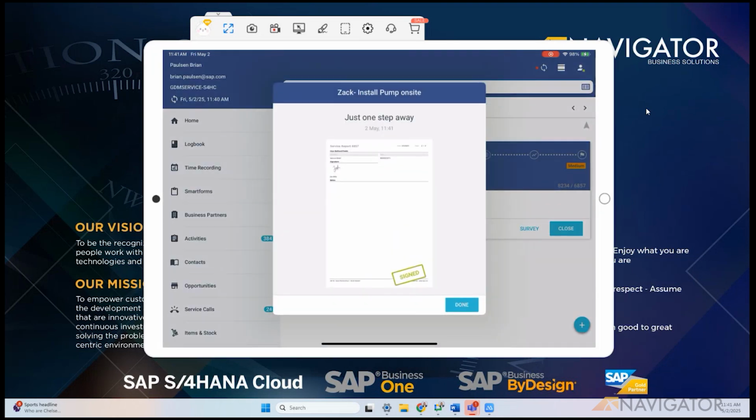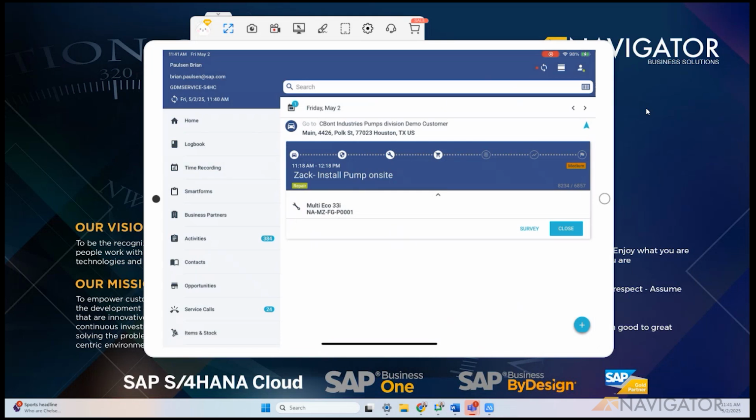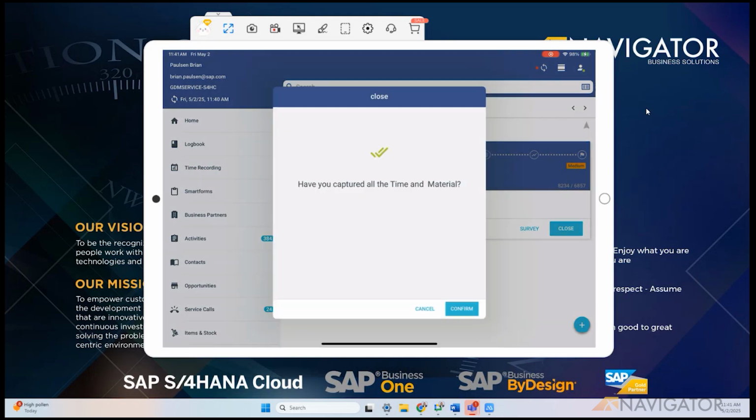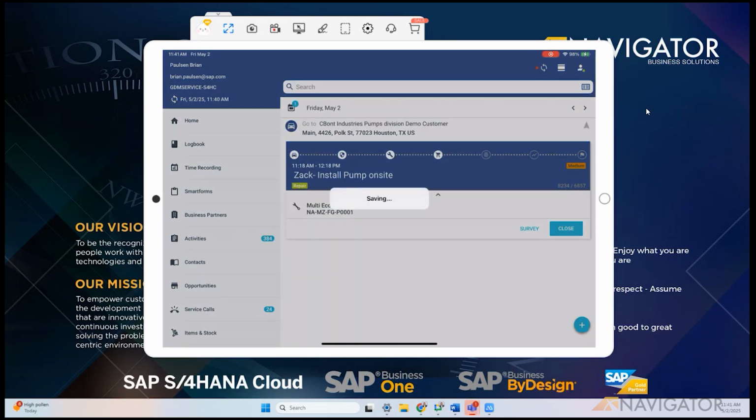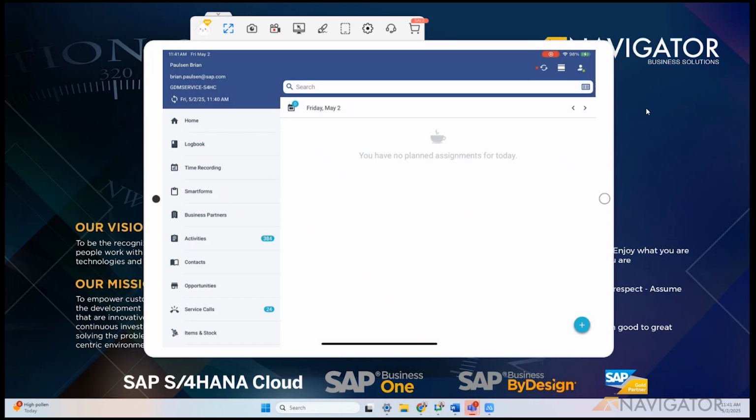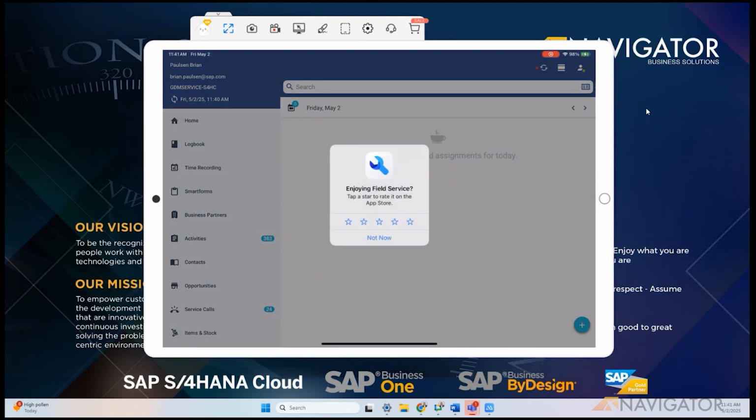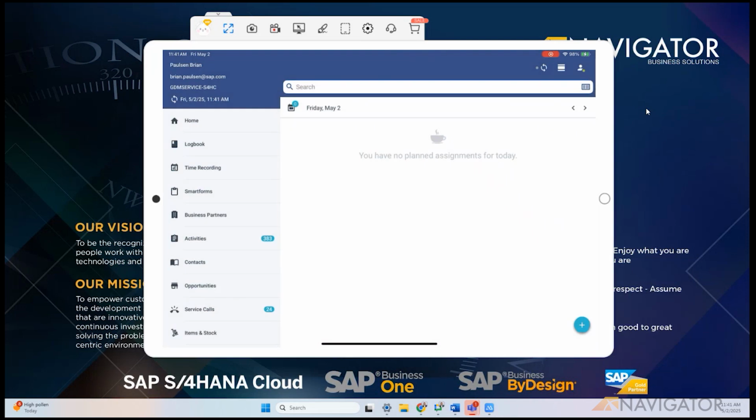Select done, and it captures that information. Finally, I'll close out this ticket and confirm that final close. The automatic sync is taking place. Apple wants me to know how I love the field service mobile application. Of course, it's a 5-star. Click OK, and it's synced through and ready to go and sent back to Ralph from dispatching so that he can